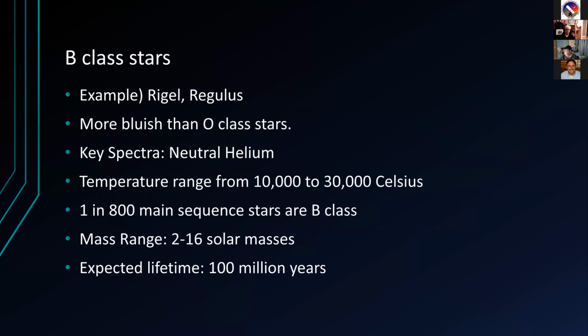Moving down the chart, we wind up at B-class stars, which are a little bit more towards the blue end of the spectrum. They're significantly cooler than O-class stars. They are separated in their spectra from O-class stars by the presence of neutral helium emission lines. So to differentiate their neutral helium,